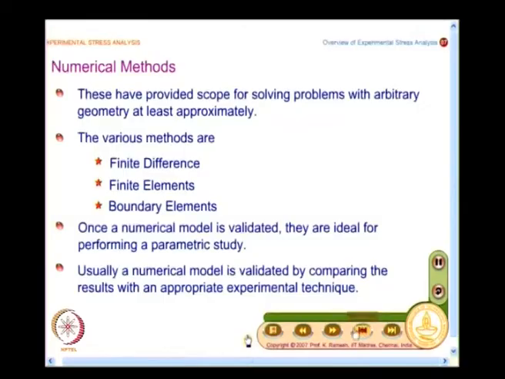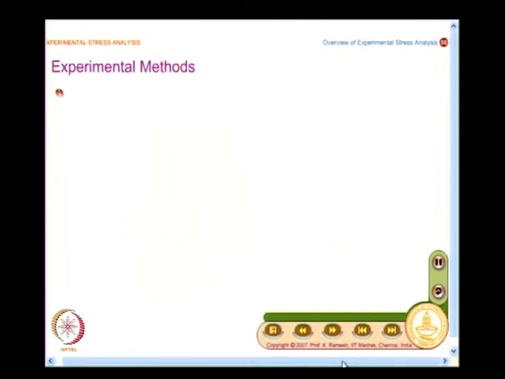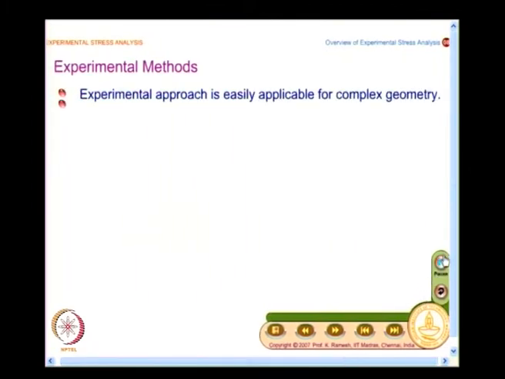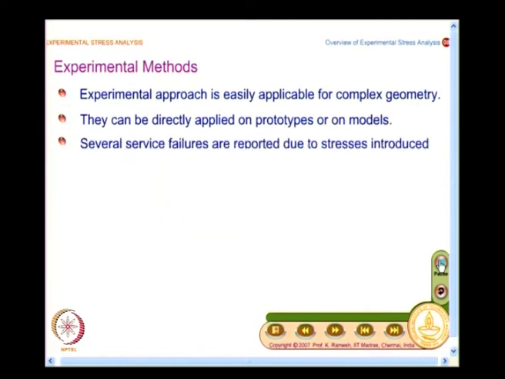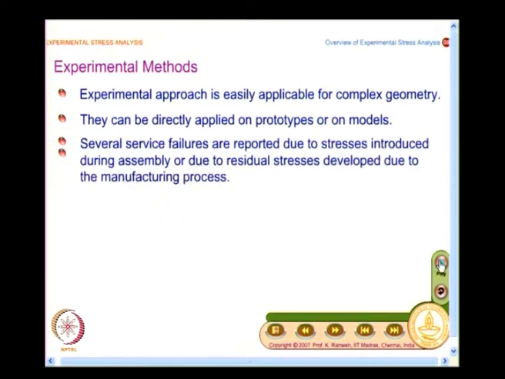And once you come to experiments, what do you see? Very similar to numerical methods, experimental method is applicable for complex geometry, absolutely no problem. And once you come to experiment, you will also have to look at two different things. Am I working on a model or am I working on a prototype? So, you can do the experimental approach on prototypes or on models. And another area where experimental methods are the ideal choice is where you have assembly stresses or residual stresses. Now, I take a very simple example of a